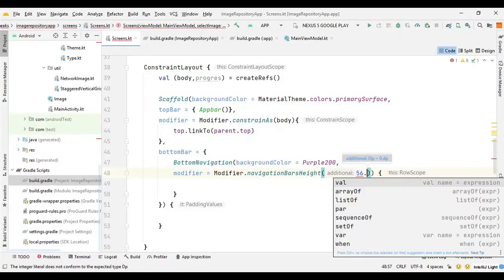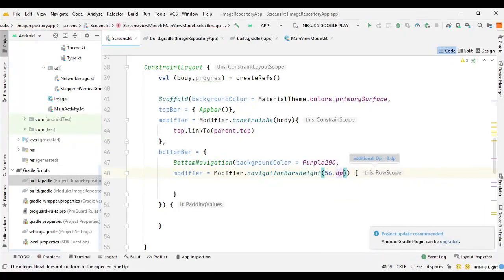So let's do that to 56.dp, and then we need to provide the row scope for this bottom navigation, because we have two tabs and they will be put together in a row. So we need to declare a tab variable first.